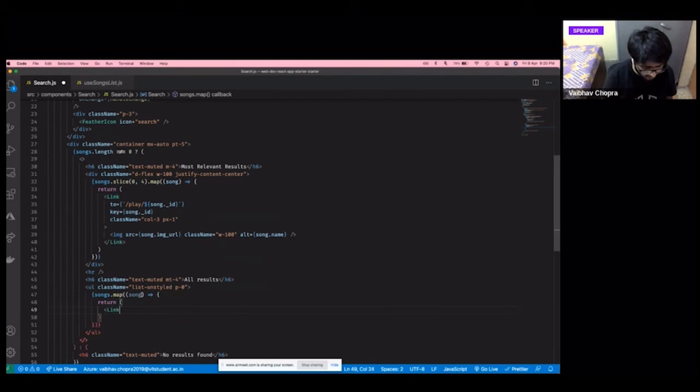This will also be a link to slash play, again at slash play we have to pass the song ID. And the key again should be the song ID so that if there is any performance improvement to be had, you can have it like this. I'll not close it like this because I want a proper closing tag for this because I have to put text in between.